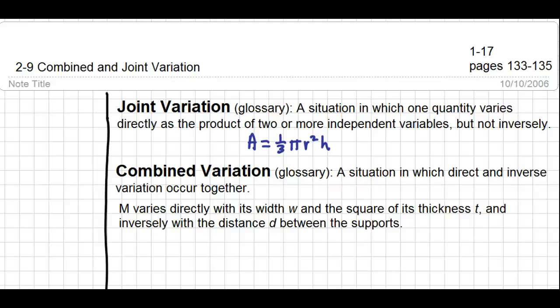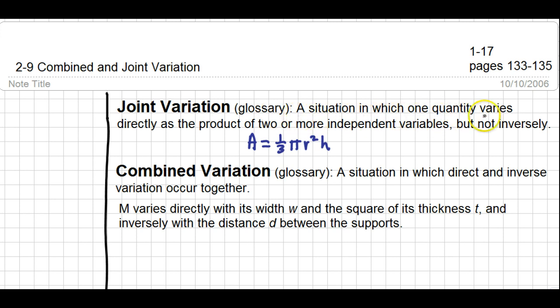This lesson is for Advanced Algebra, Lesson 2.9 on combined and joint variation. We're going to start just by going ahead and defining those words right away. Joint variation, which I took the definition straight out of the glossary in the back of your textbook, is simply